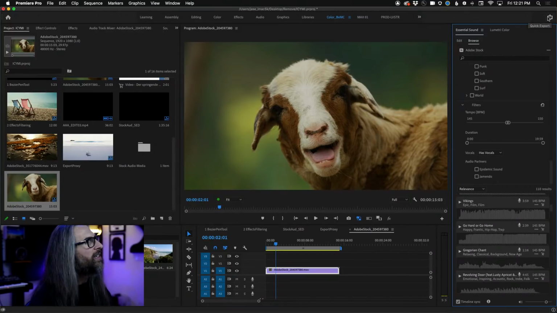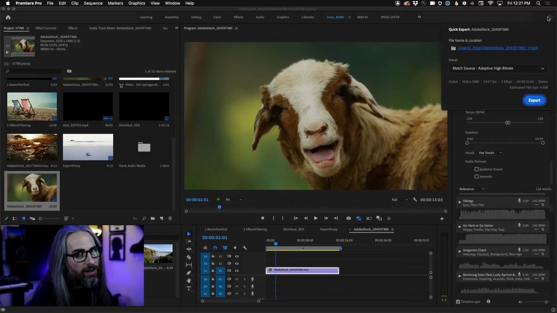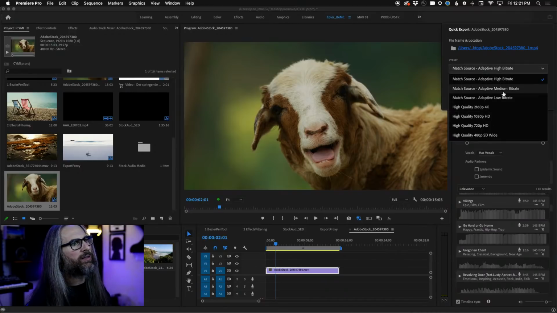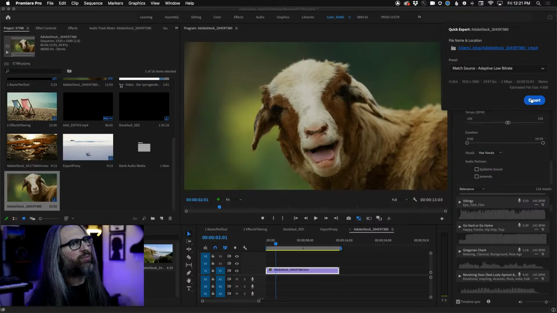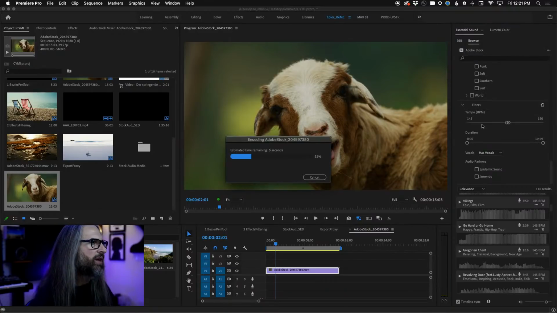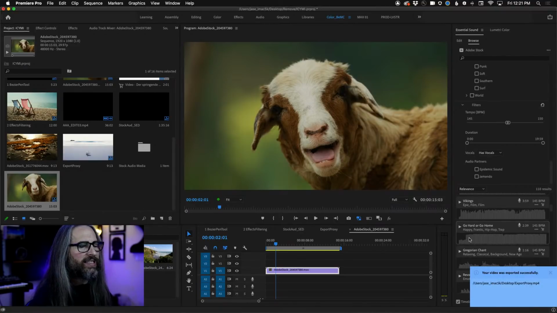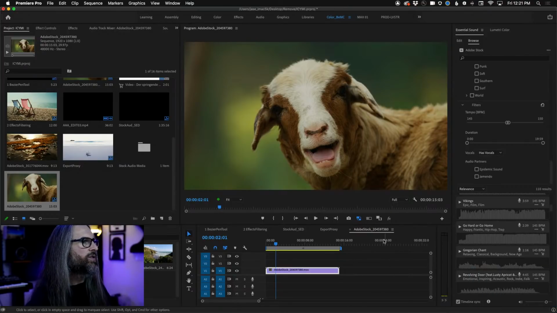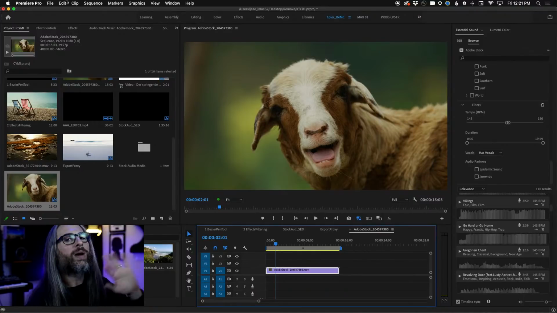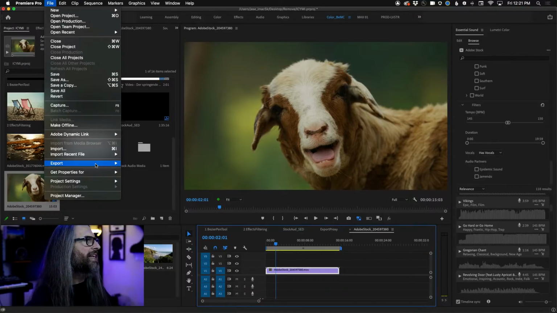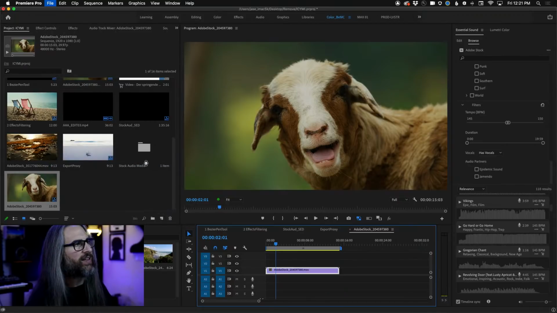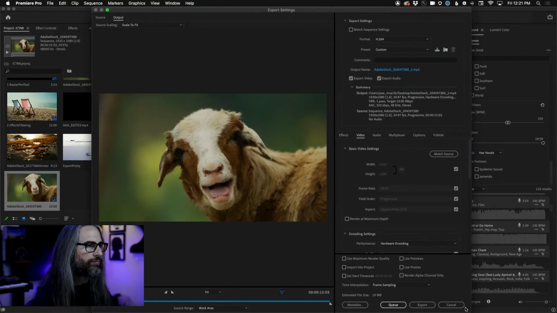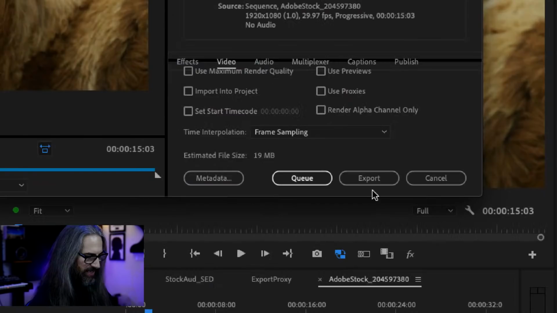But the point is, especially if you're doing quick, small, shareable, low bit rate versions, it's real easy. Choose that preset, export, done. Now, the one caveat I'll say here is you can see it's a modal process, just like if you hit the export button in Media Encoder. So what do I mean by that? I can't do anything while it's exporting. That's the equivalent in terms of being locked out of the app if you were to render using the export button here.